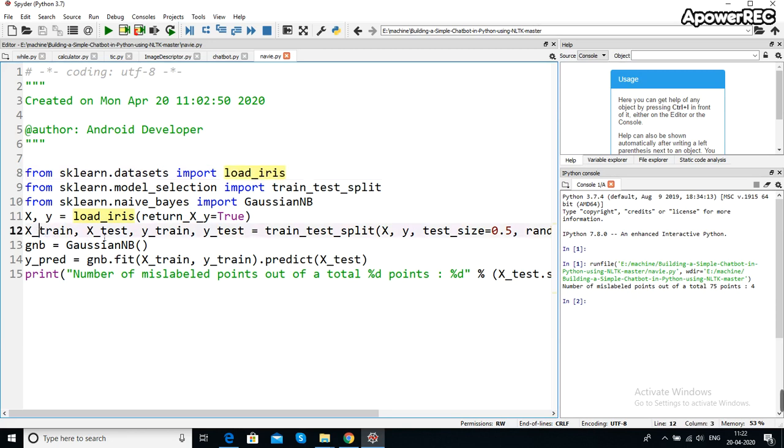Now x_train, x_test, y_train, y_test, because when we have to predict something we have two data sets, one is the train data set and one is